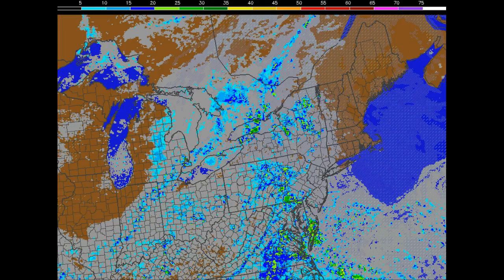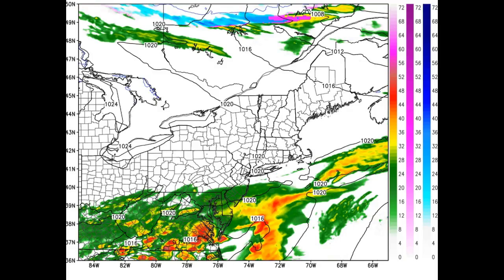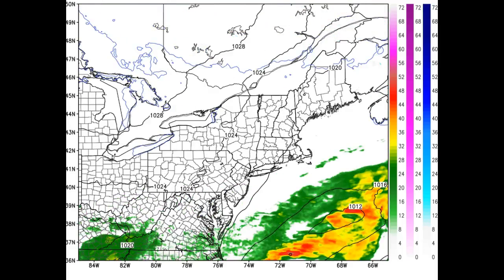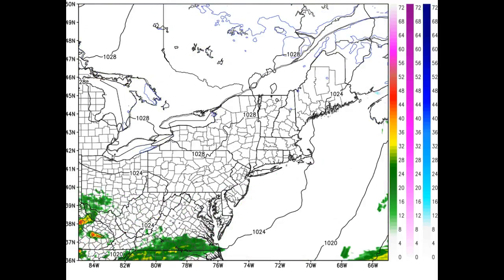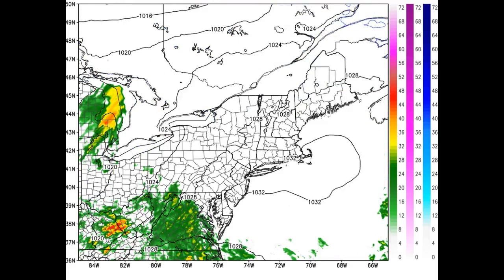And then, well, as we get into Friday, that's another story. Clouds increase, isentropic lift, and widely scattered showers begin to develop across the region, but we'll get into that in just a moment. NAM 4 kilometer product, a reflectivity product here, shows the drying process. It's going to be ongoing. Just gorgeous weather for tomorrow on Wednesday and Thursday,